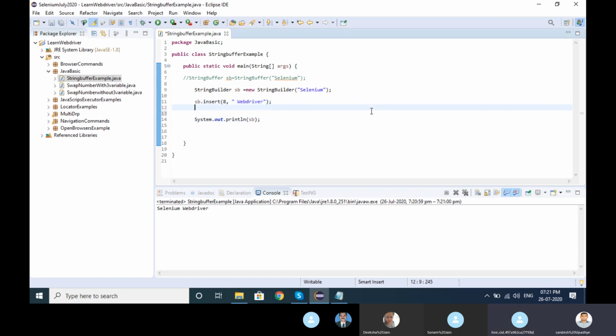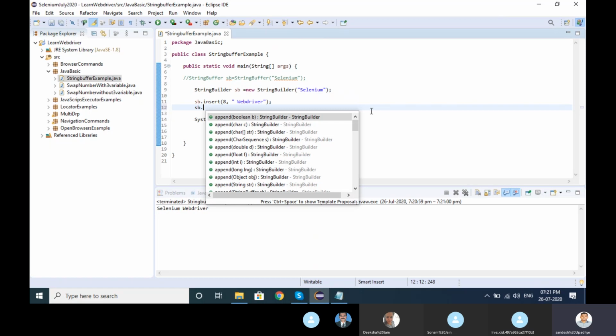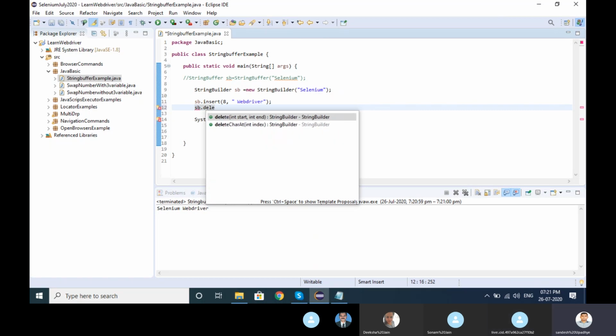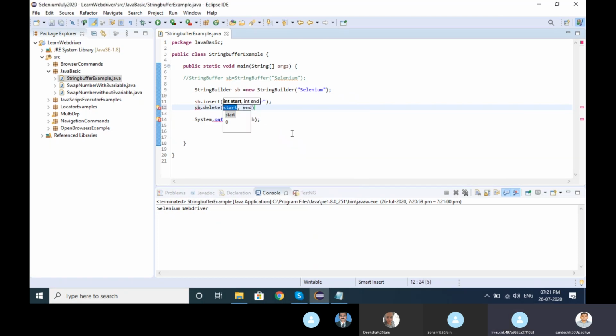That's it, right? Now I want to delete as well. So let's suppose sb.delete. Look here, in the delete integer start and end, there are two ranges. I want to provide the start and end. So 1, 2, 3, 4, 5. Let me put it.